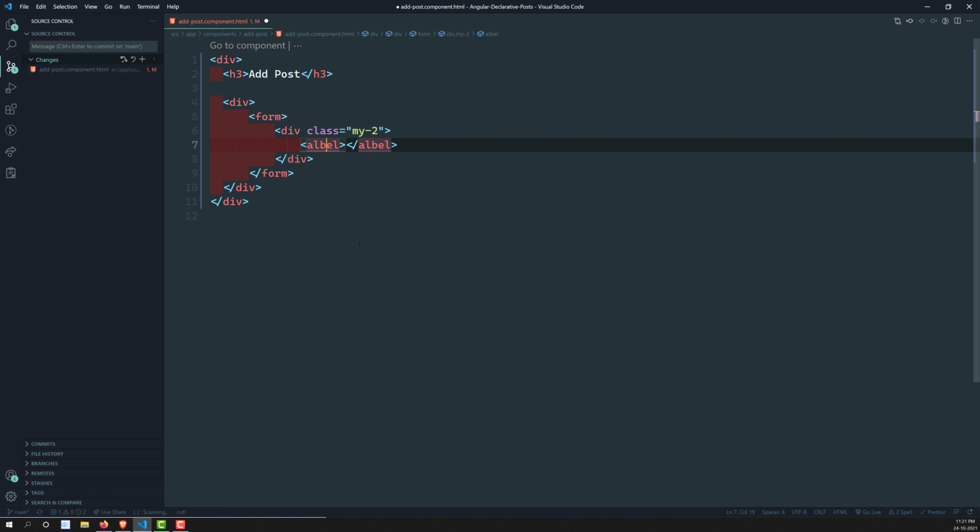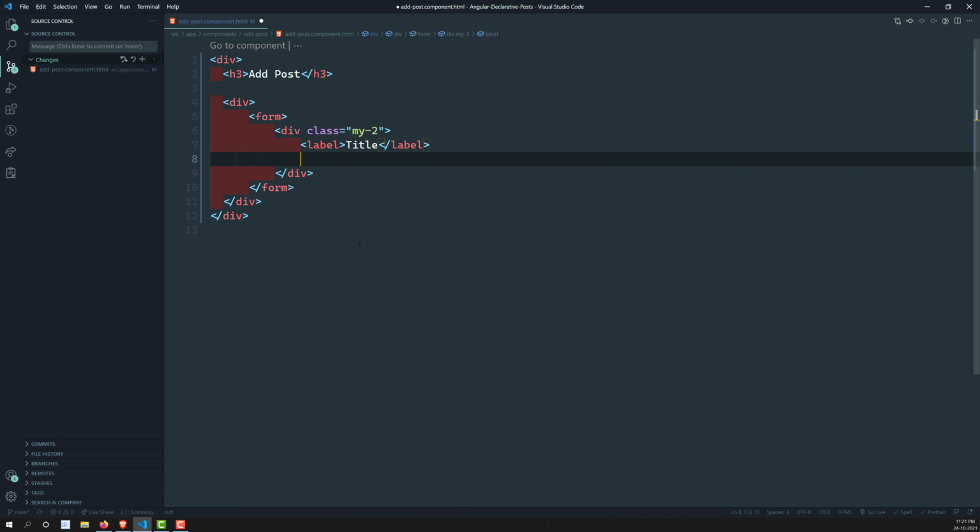The label should be title, so that means it takes the post title. So input type is equal to text and it should be of class form-control.